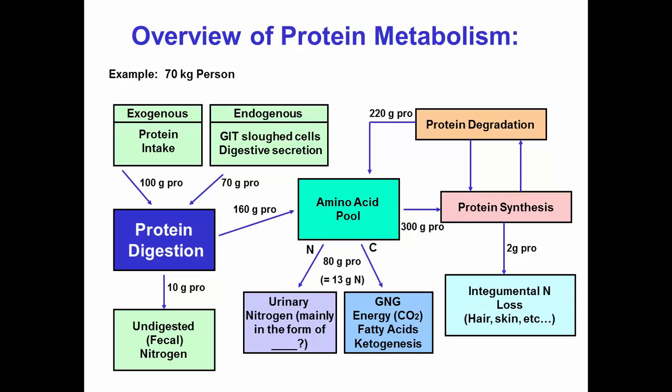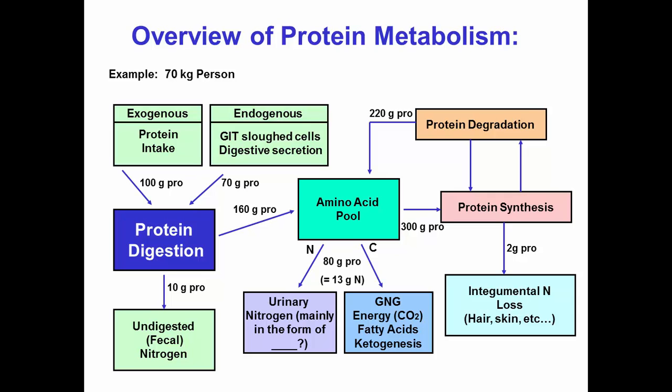But a couple of points I want to make while we're here is that we've got 2 primary sources of protein that get presented to the GI tract. Exogenous, what we eat, and then endogenous, and there are a whole lot of sources of endogenous, including sloughed cells, digestive secretions, and other things like that. And the other point that I like to make here is that we're really efficient. We don't lose very much nitrogen. So this is just to give it some proportionality.